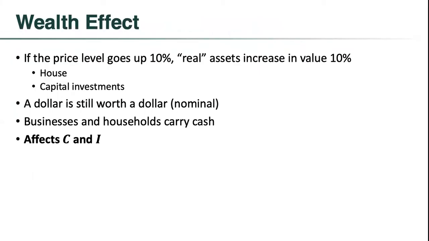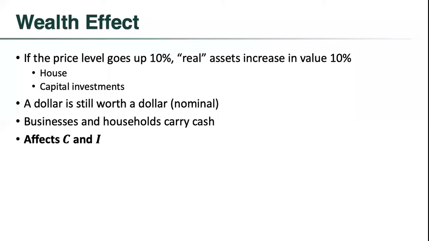So like I said, if prices go up 10%, then you probably have real assets that increase in value according to prices. And so this maybe nullifies that change, right? So you have certain assets that go up and down along with prices, that get more or less expensive or more or less valuable, but your dollar holdings, your cash holdings, your really liquid holdings are nominal. That means they fluctuate, right? The value of those fluctuate along with prices. This is what I'm describing about having the $100 in your pocket. It's just as easy to think about if you have $12,000 in your bank account, that has the same impact,